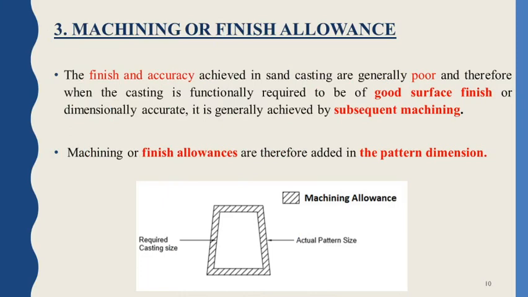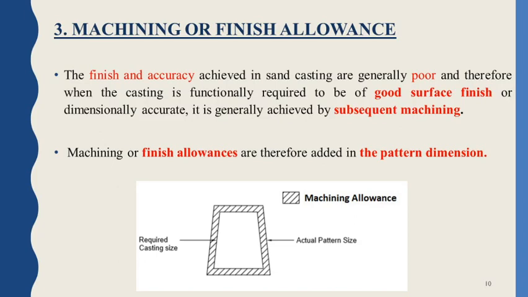Okay, next one is the machining allowance, also called the finishing allowance. We know one major limitation of casting, which we discussed in the last class, is that the surface finish of casting is very low, especially for sand casting, because the mold cavity actually possesses the shape of the sand, so the surface profile of the sand. In that sense, it will have many undulations and irregularities over the surface.